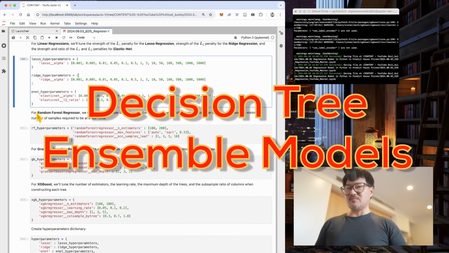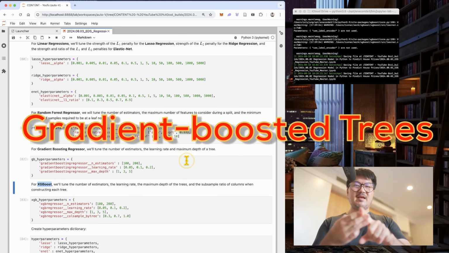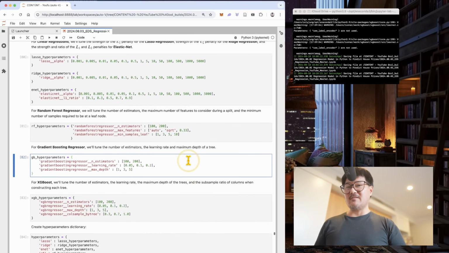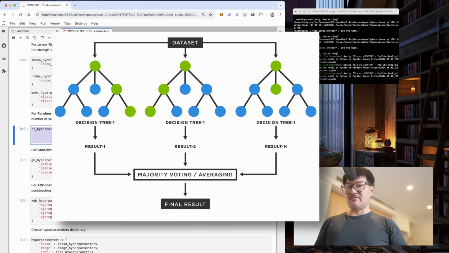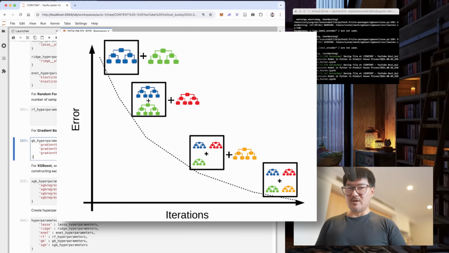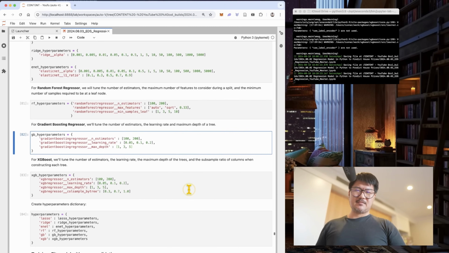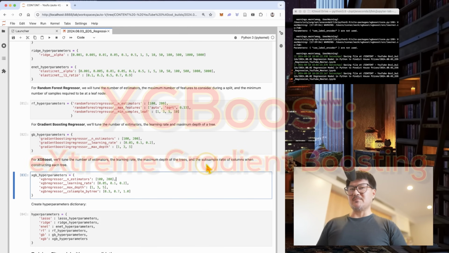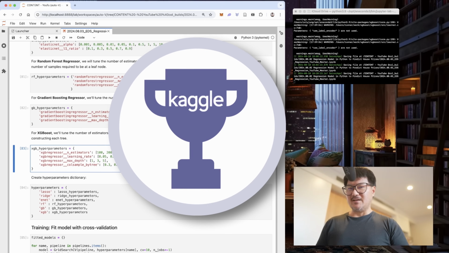Next, we have 3 models based on decision trees: random forest, gradient boosted trees, and XGBoost. Now, a random forest uses multiple decision trees and averages their predictions. Very democratic and robust to overfitting. Gradient boosted trees build trees sequentially, with each new tree correcting the error from the previous one. Pretty cool stuff. Often, they're more accurate than random forests, but they can overfit. Finally, XGBoost is an optimized gradient boosted tree model, well known for its high performance and a lot of podium